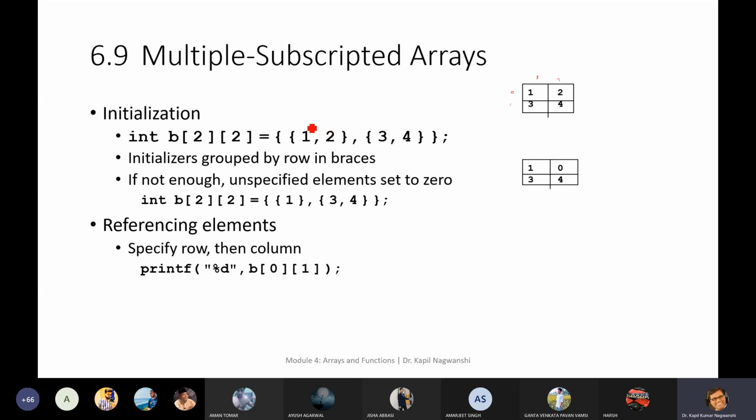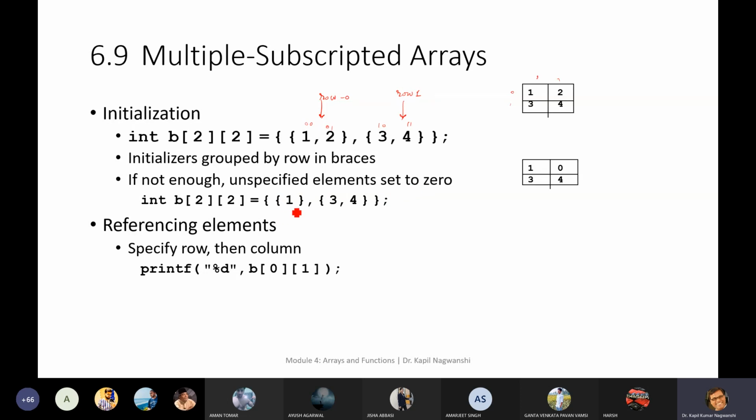This is element number 0, 0, and this is element number 0, 1. This is 1, 0, and this is 1, 1. Okay. So initialize by grouping rows in braces. This is one row, row number 0, and this is another row, row number 1. If there are not enough initializers, unspecified elements are set to 0.